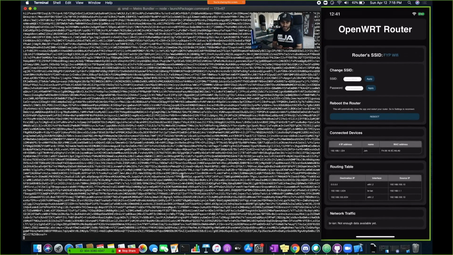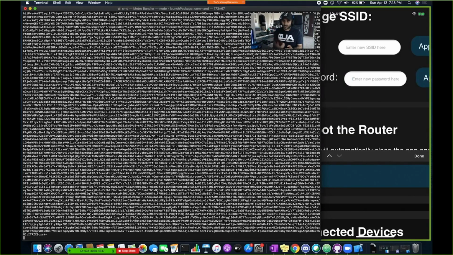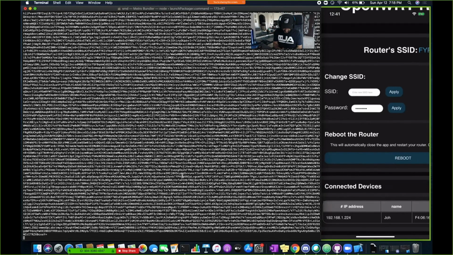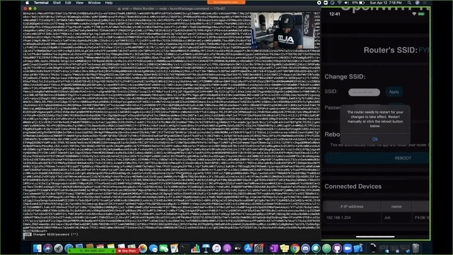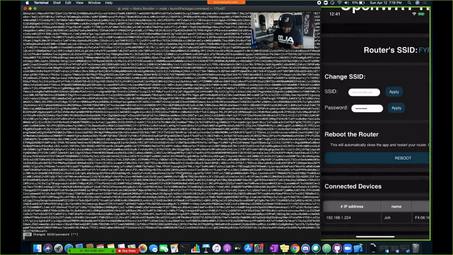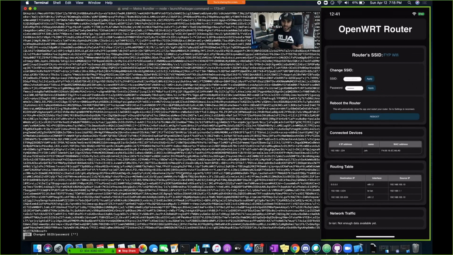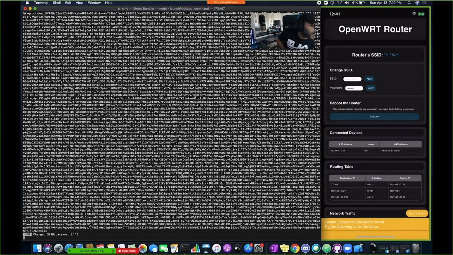For example, now that I am logged in, I'm gonna change the password for the router. So if I were to change the password to something else and then hit apply, it tells me that the router needs to restart, so I click OK. In this scenario, I'm gonna restart the router manually to give a different test case. So I'm gonna restart the router,